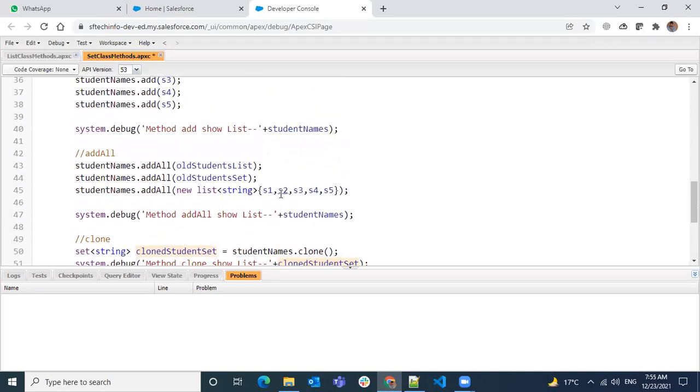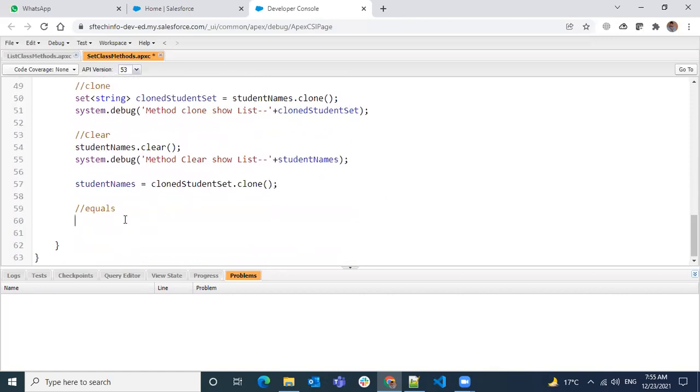So obviously both has to be same, and it has to return the true value. And if I try to use it with student set, it should not be returning a true. It will be returning a false. Why? Because it is a different set, not exactly same. So here, what we'll do, just compare the two values and then use the method equals and show a result. Student names dot equals of